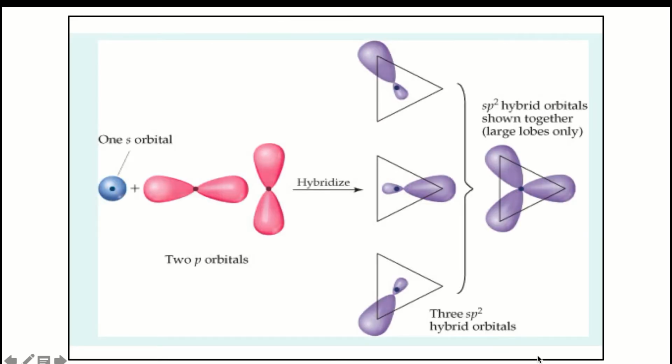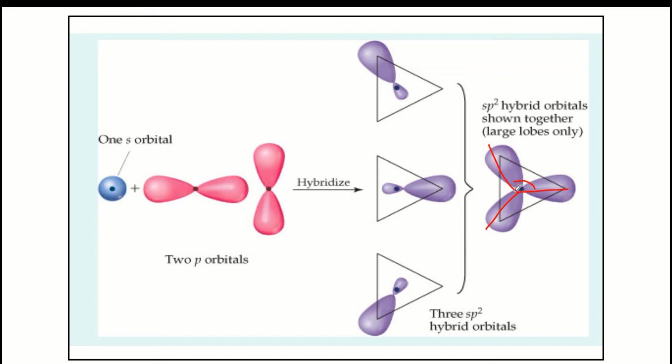So let us see the hybridization that is formed by sp2, that is one s orbital and two p orbitals combine, giving rise to three degenerate hybrid orbitals, that is three sp2 hybrid orbitals that are oriented at an angle of 120 degrees to each other in a trigonal planar arrangement. As we see, a triangle arrangement, right? They are oriented this way at a 120-degree angle to each other. So this forms a trigonal or triangular planar arrangement in one plane, so it is known as trigonal planar arrangement.